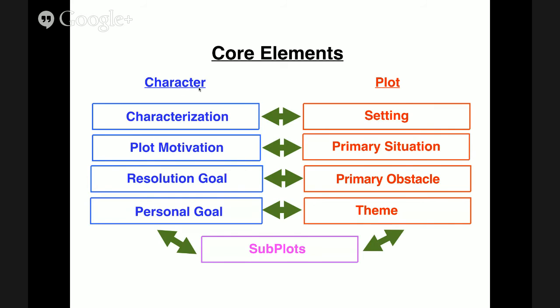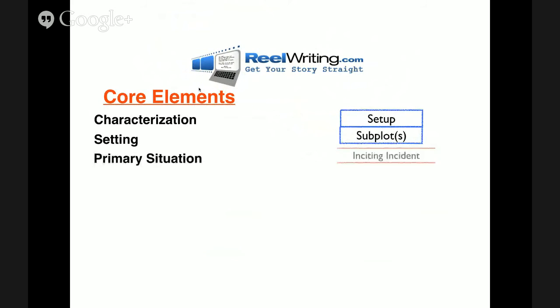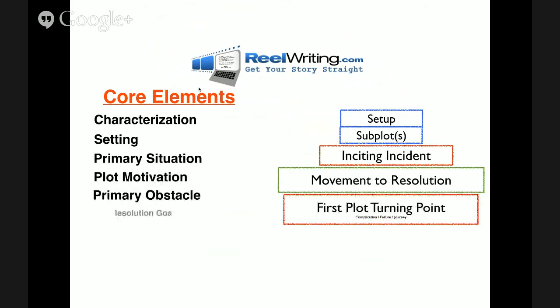Just to recap briefly, that's us. Core elements. Characterization and setting. They set up your subplots. In Die Hard, we met his character on the plane. We learned about him in the limo, and we saw the struggle he has and what his personal goal is. The setting was pretty self-evident. The main subplot was the relationship with his wife, which was the whole reason, the whole MO for the movie, for him being there at this time.